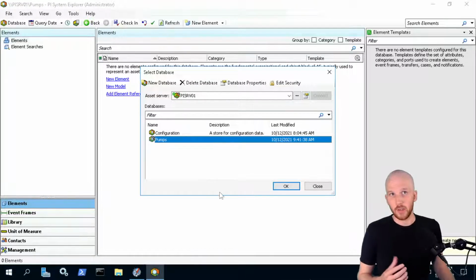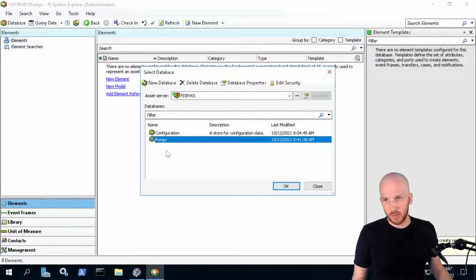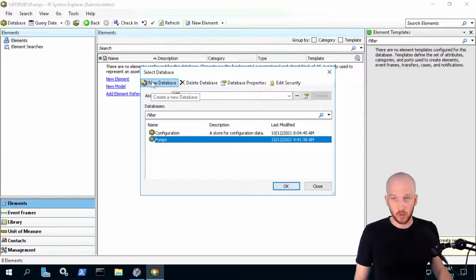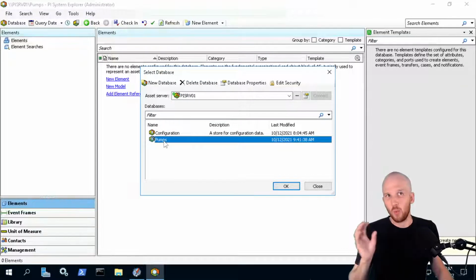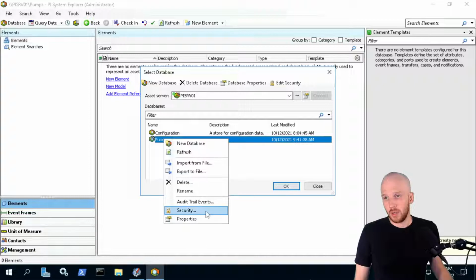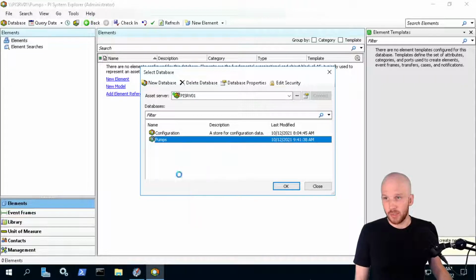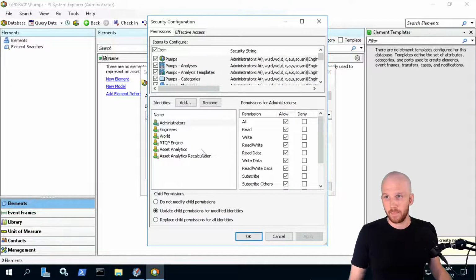Next, we're going to configure security for the pumps database. Now, if you don't have a database already set up, you can click on New Database. In our simulation here, we already have one set up for us. In fact, there'll always be one database in here. The first time you connect to AF, it'll tell you to make one. We're going to right-click and go Security on the pumps database and do the same thing. So add our identities,